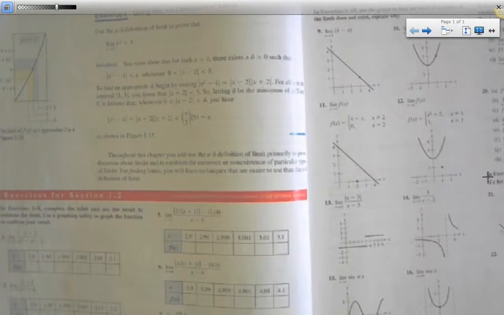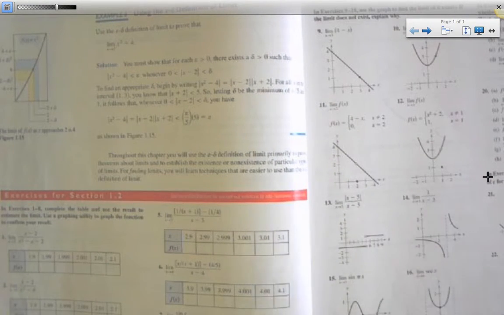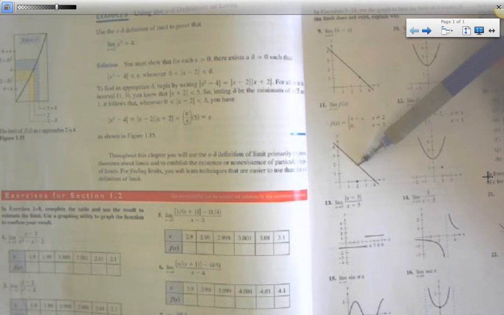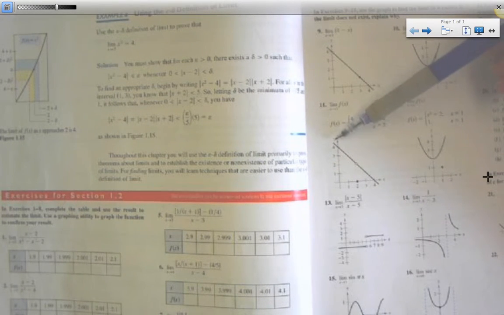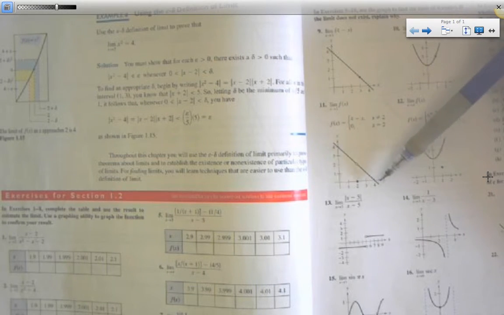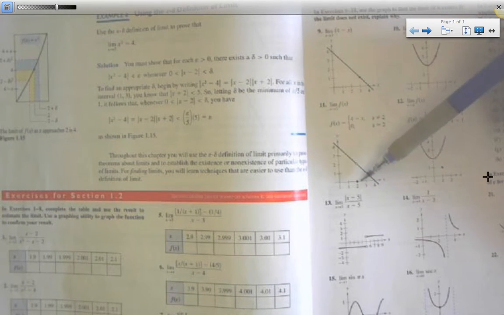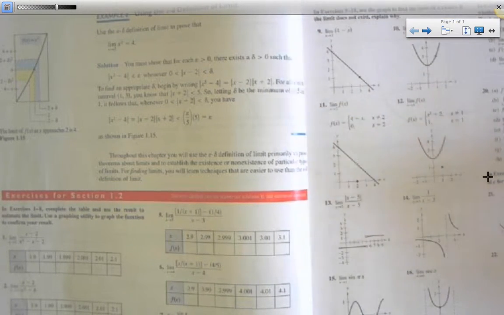Let's go to number 11, for example. Let's look at that limit for a second really quickly. When we're coming toward 2, the limit approaches 2 from the left and 2 from the right. So the limit of this function is 2 as x approaches 2, not 0. So be ready to go over this and